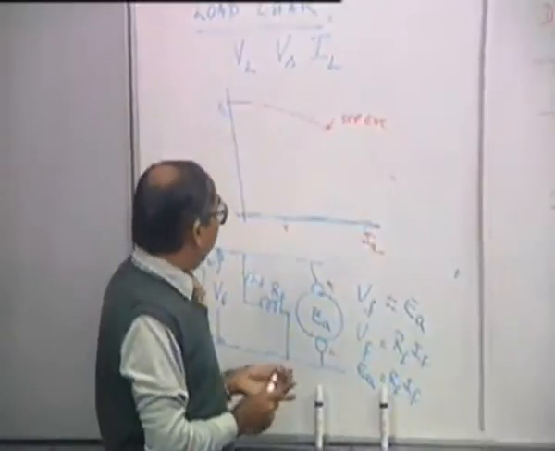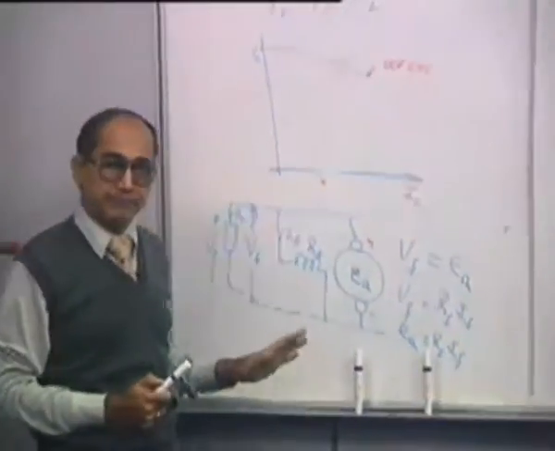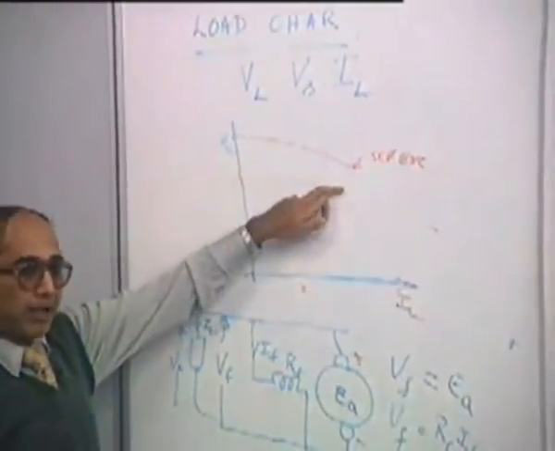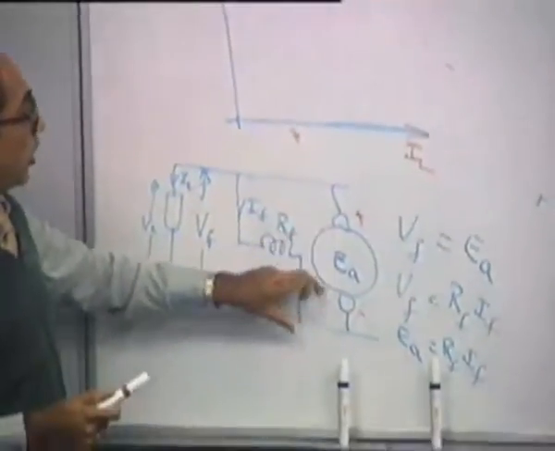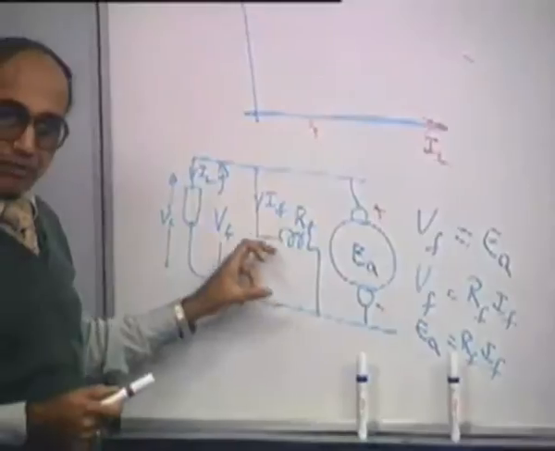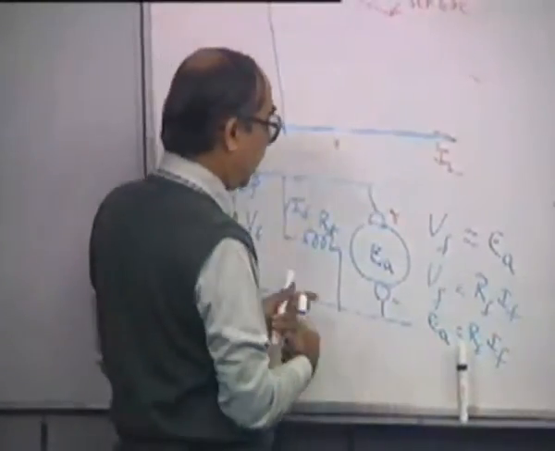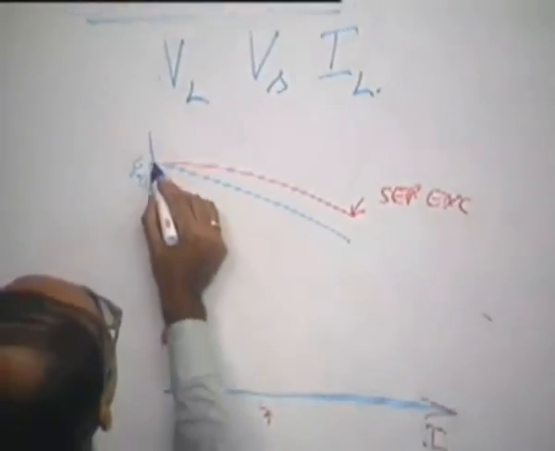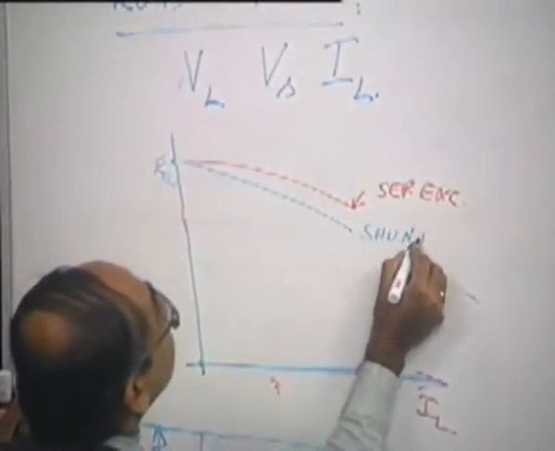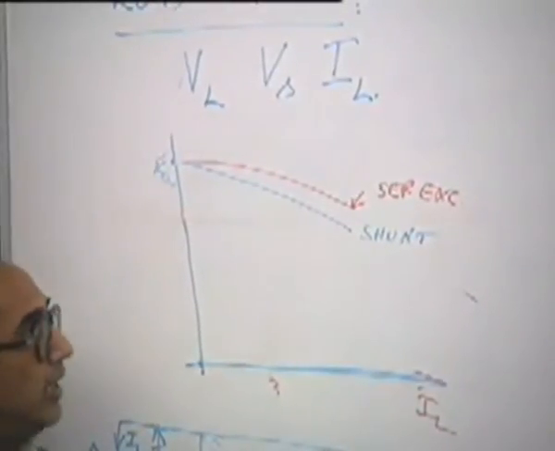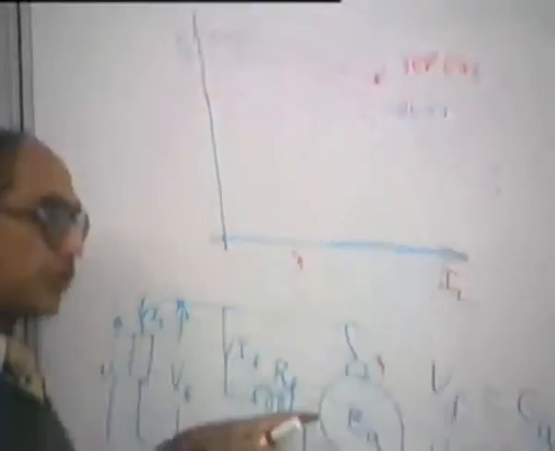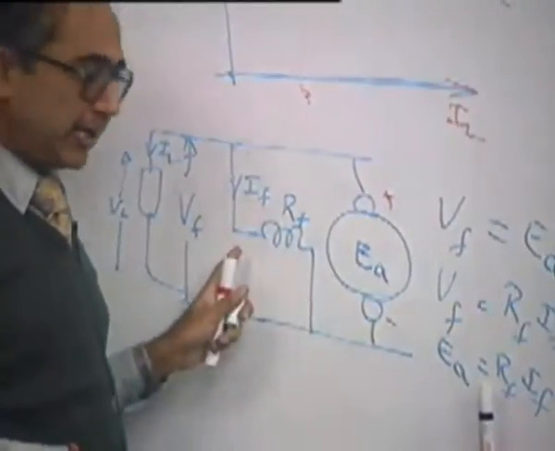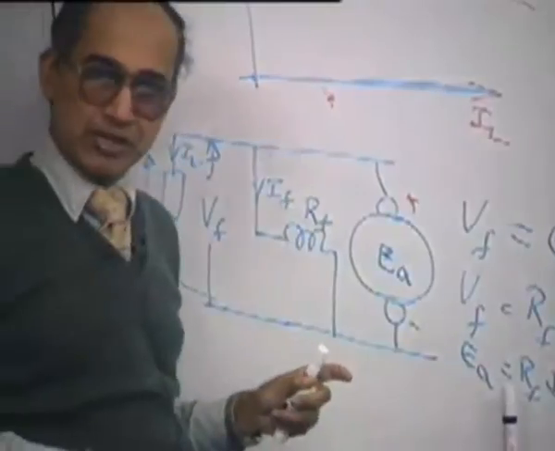Okay. Now if it is shunt excited, as shown here, there would be a further drop because as the voltage drops, the flux also drops. So it will follow a different curve, maybe like this. Shunt excited. In shunt excited, there will be an increased drop across the field winding, whereas in separately excited, the current in the field winding will be constant.